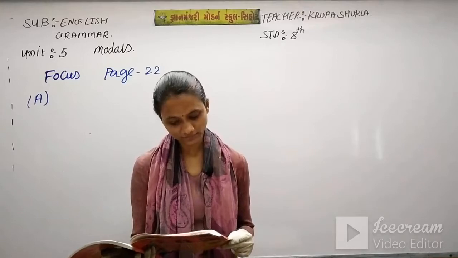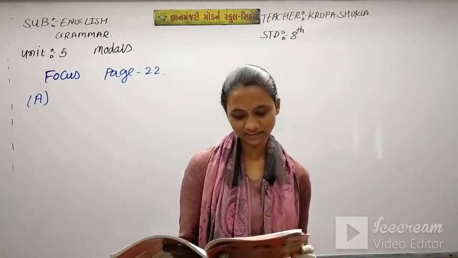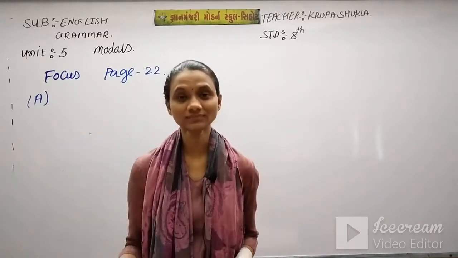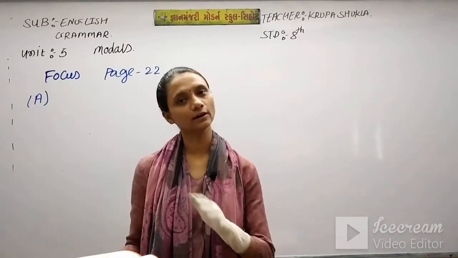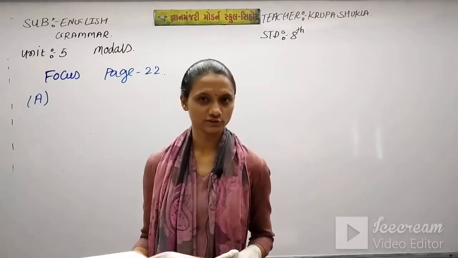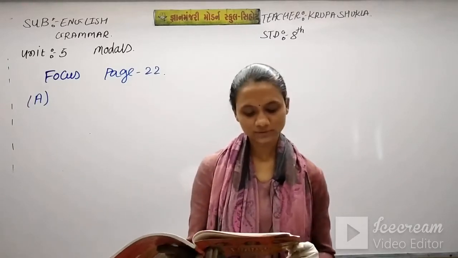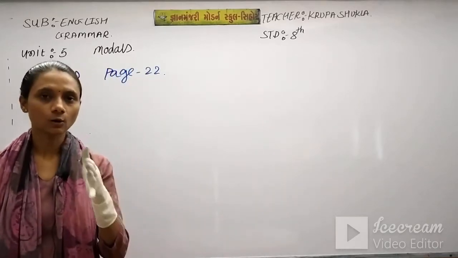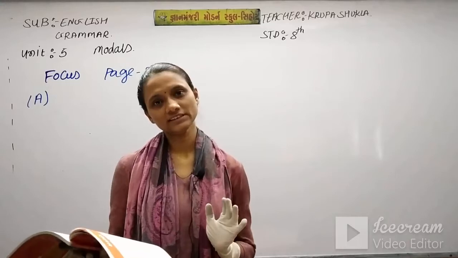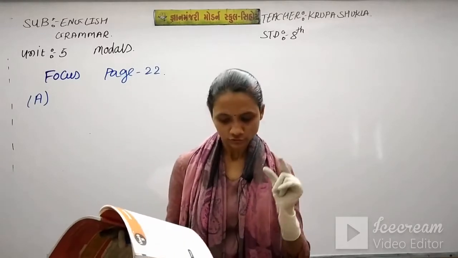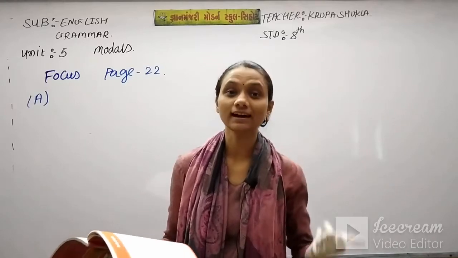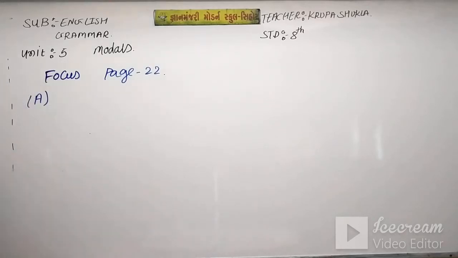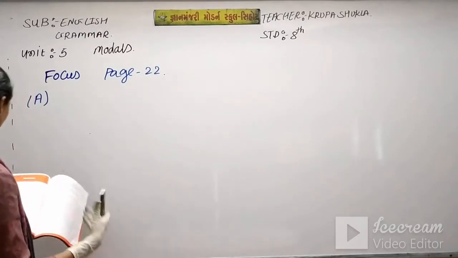Can you do the activities mentioned below? Make a sentence in each case. Some activities are given here and we have to do those activities as per instruction. First, speak Spanish. Here we have to choose the modal auxiliary which is suitable for this activity. Our activity is speak Spanish, so we can say I can speak Spanish. Here we have used can. This way you have to use a modal in each activity.